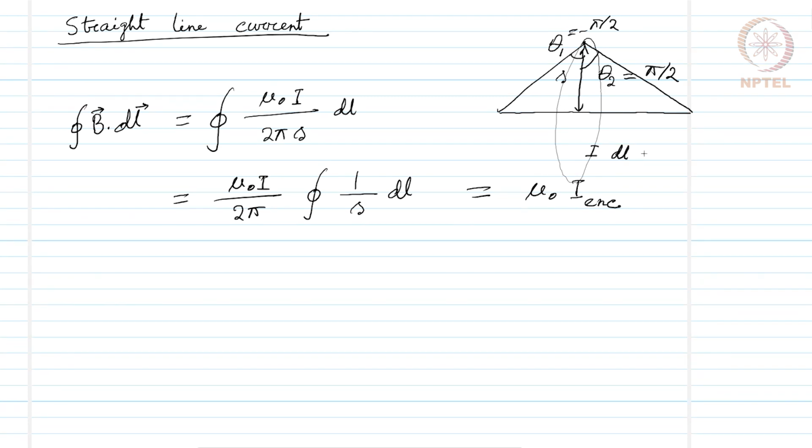dl, that can be expressed as, so what is changing? The phi angle is changing here. So, this would be s d phi. If we put in place of dl s d phi, s and s will cancel. So, integration will be over d phi, which will result in twice pi, which will cancel, and we will be left with mu naught times the current enclosed by this loop. So, this answer is not dependent on the distance of our point of observation or the radius of the loop